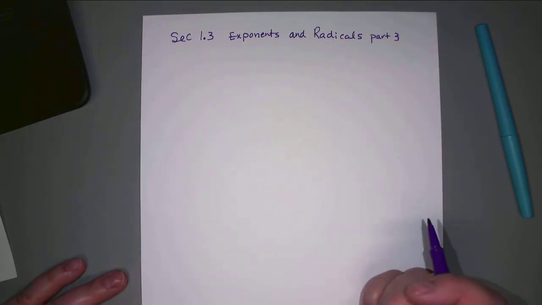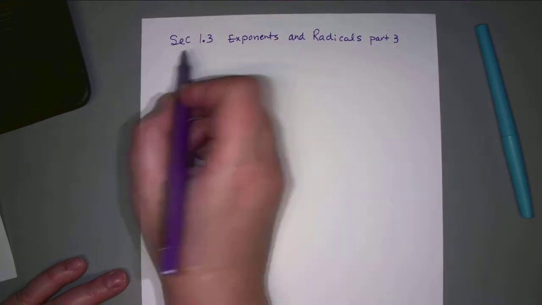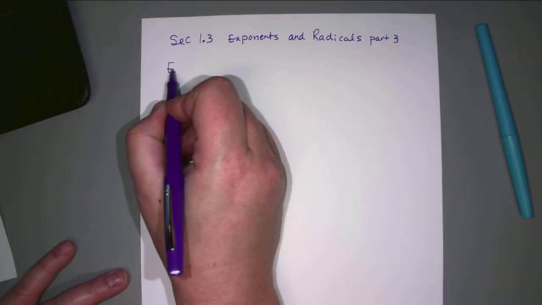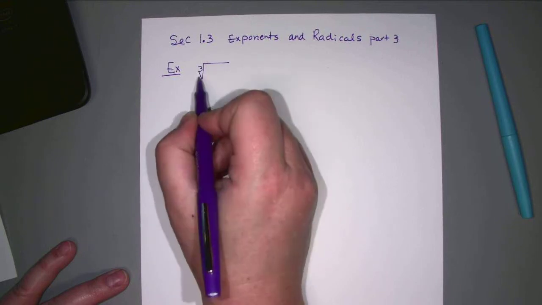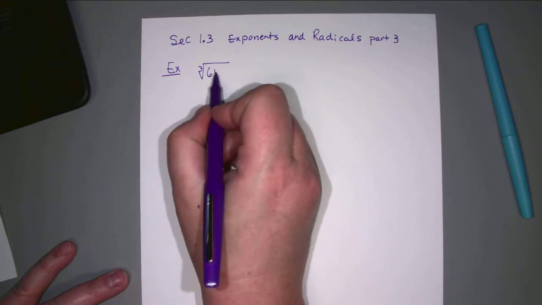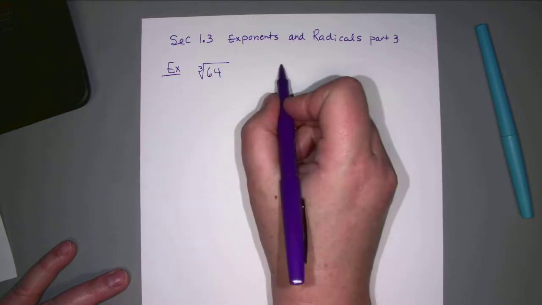Okay, so we're going to do part 3 of exponents and radicals. So we'll just start with some examples, remind you what we've been working on. So if we have the cube root of 64, well, 64